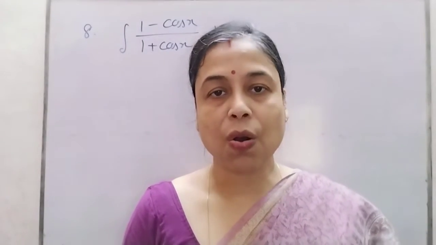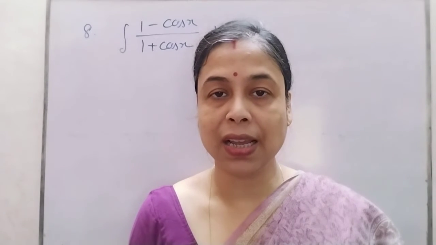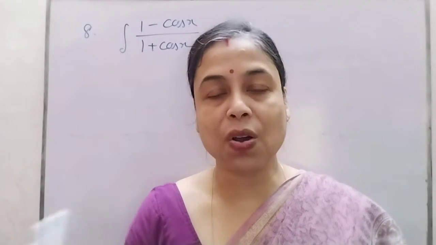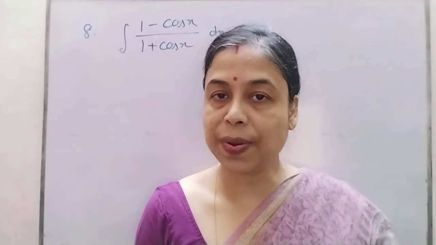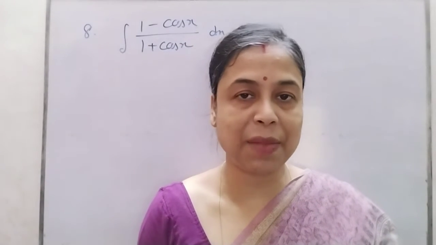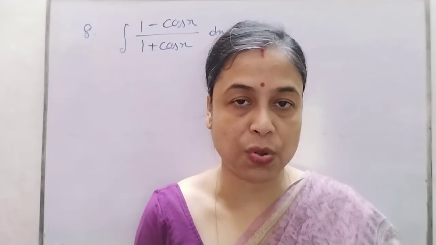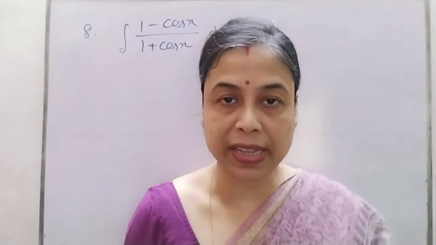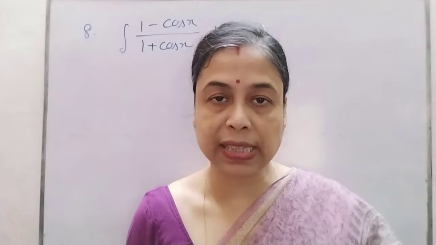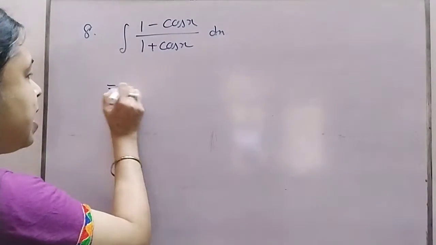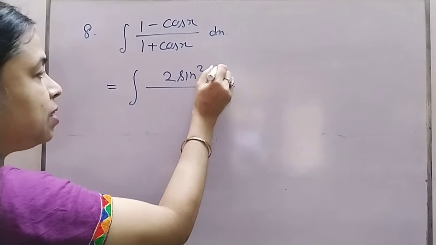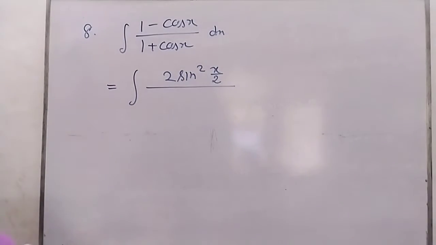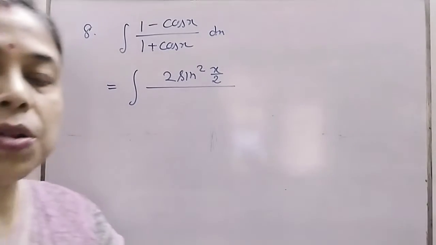You know, 1 plus cos 2x is 2 cos square x, and 1 minus cos 2x is 2 sin square x, because sin square and cos square can be converted in terms of the double angle formula I had told you. These are important. The 2x formula is known to you. So when we have x, you will have the half angle, the submultiple angle. So it can be written as the integration of 2 sin square x by 2 over 2 cos square x by 2 into dx.